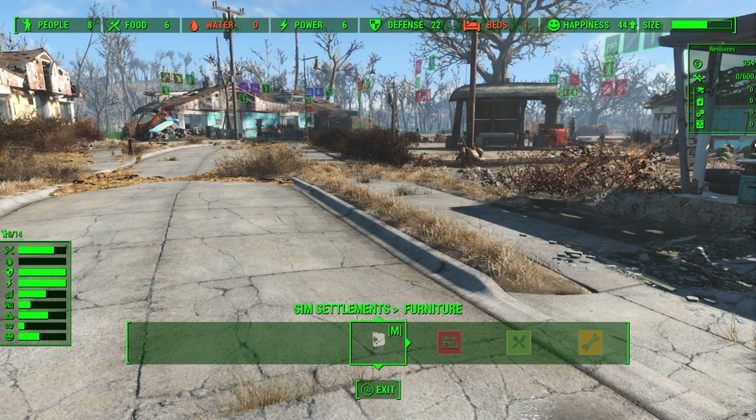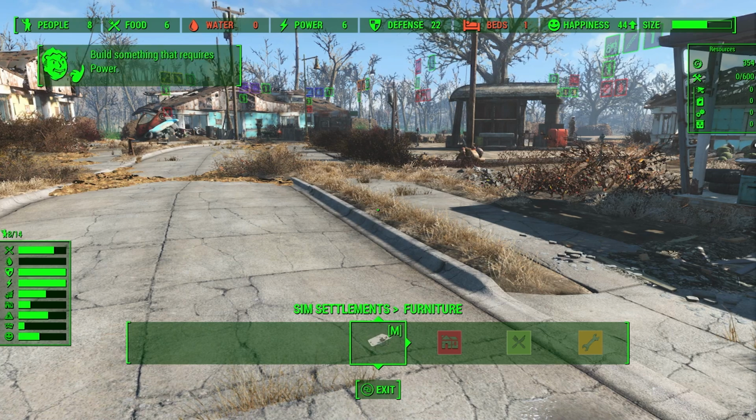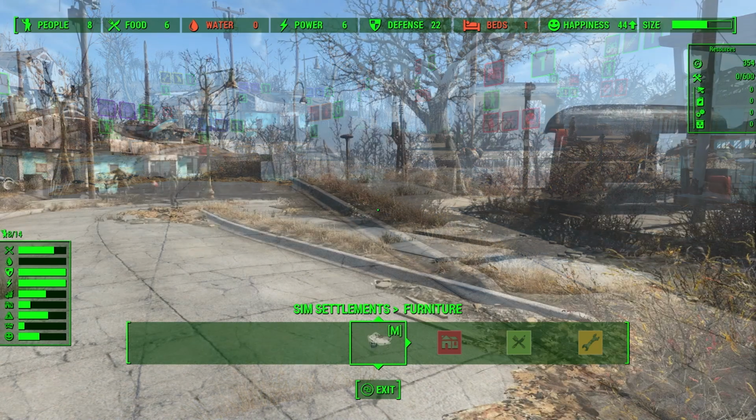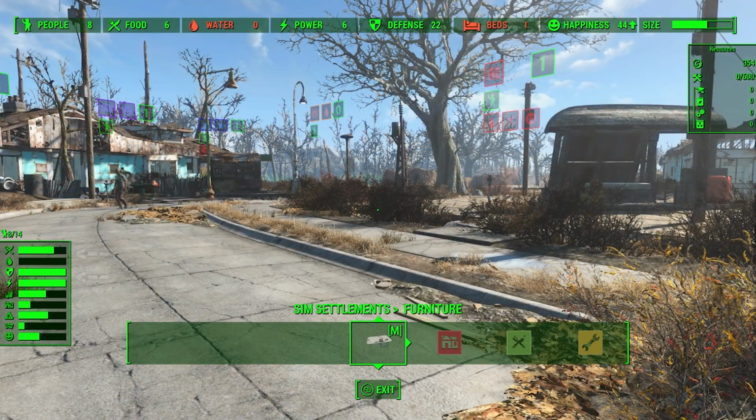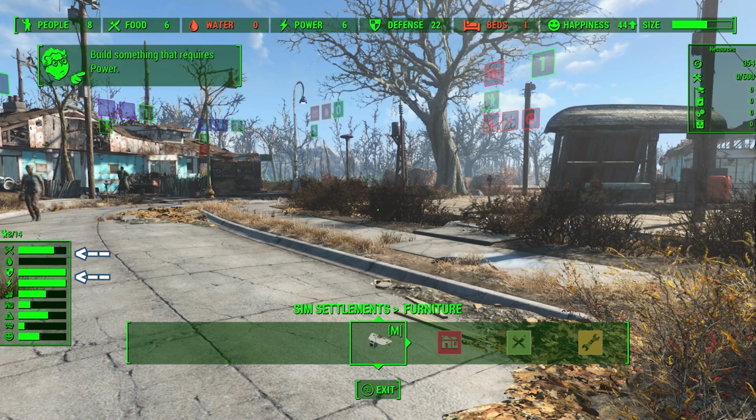You may also have additional elements to the right of that, and those are related to city plans, and we'll talk about that in a guide related to city plans specifically. All right, next let's go down to the meters. First we have food, then water, then defense and power, and those all mirror the base game in their icons,